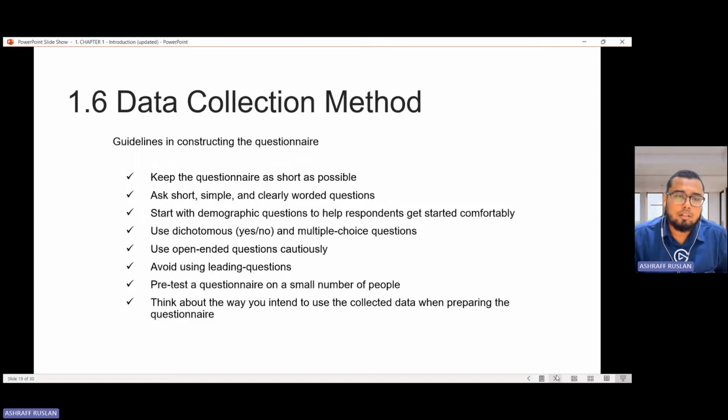Jangan pula bila kita buat soalan questionnaire nak collect data, kita tanya orang seperti nak soal siasat. Okay. People will feel like they are being interrogated oleh pegawai penyiasat pula. So kita kena modify our question so that people will feel like okay, aku nak jawab dengan selesa.